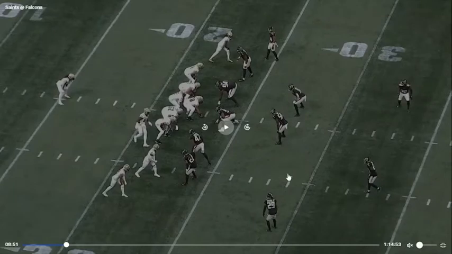So this is a play that I actually wanted to bring up because we really didn't play this perfectly at all. There were some good elements, but this really came down to Grady Jarrett just being better than everybody on the field. He really made the play, so I want to highlight him here, because he's going to take on, I think, Ruiz blocking him, because I think Eric McCoy